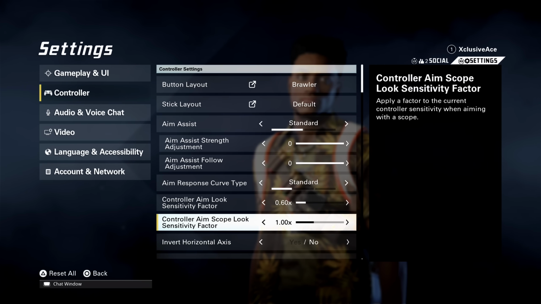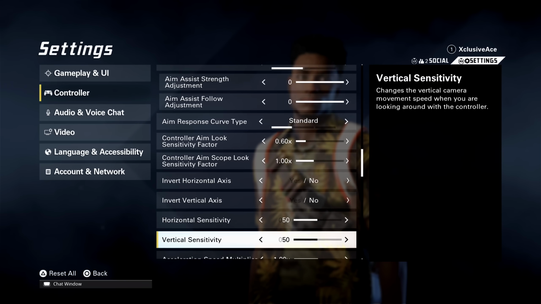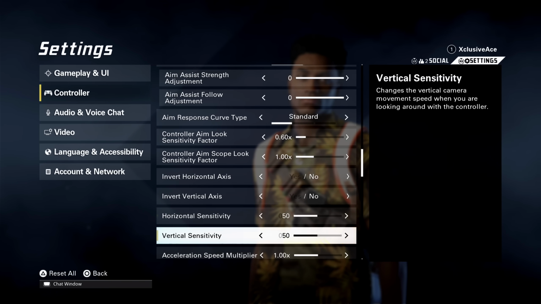Your sensitivity won't be able to keep up if you drop this value, so I like just leaving it at 1 there. Then I don't play inverted at all, so those are disabled. And now let's get into my sensitivity values, and I've actually found 50 and 50 seems to work best for me,